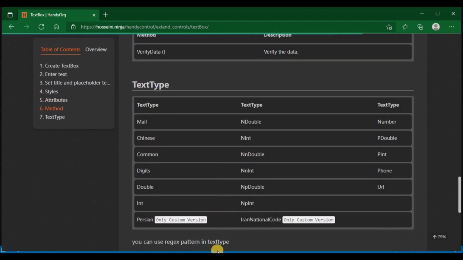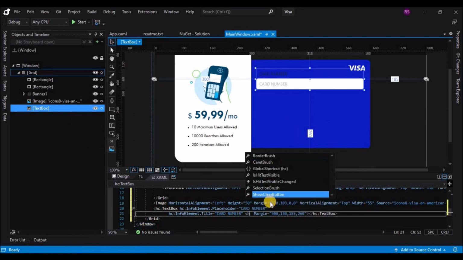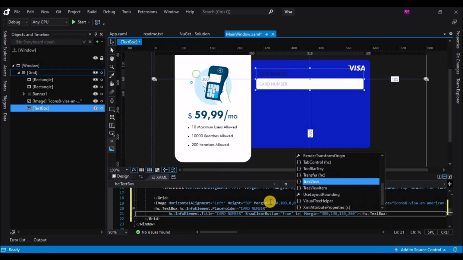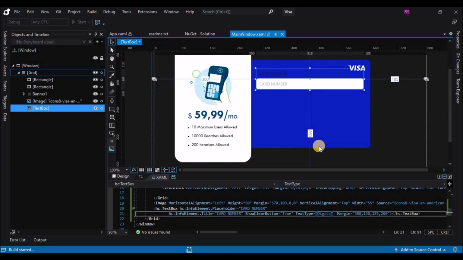If you are using that text box for email, then you will have that text type as mail. If you just want numbers, then you will have numbers, and so on. So I am going to use this text type property for this text box. Later on you can explore this property on your own.